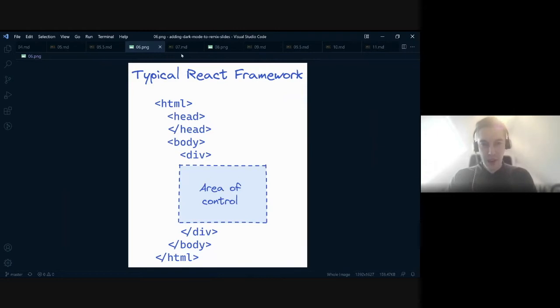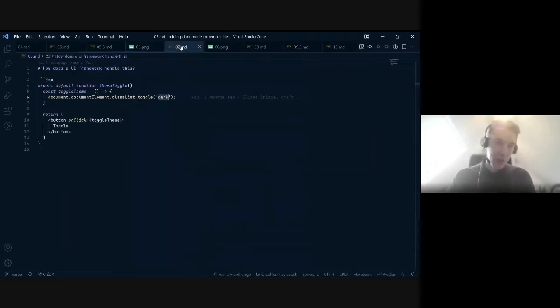And so you'll have something like this in your code. This is a toggle for the theme, just a button, and you'll toggle the theme, and you have to do something like use JavaScript to get the document element and toggle the dark mode. And this works. It's fine, but it feels a bit of a step backwards almost. We kind of left this as we moved on to React. So it's a bit strange to now have to